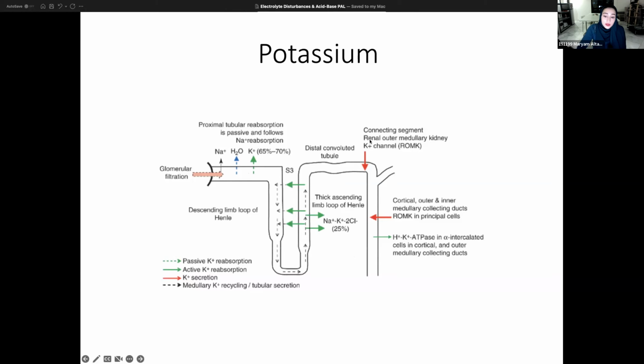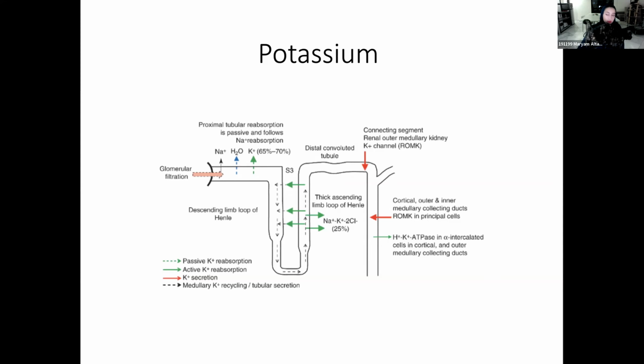And then you have other things. In the connecting segment and outer medullary kidney, you have a ROMK channel, and this causes potassium to be excreted. These are present in the outer medullary kidney as well as the collecting ducts and principal cells. And lastly, although it is a small portion, it's very important to note that you have an H plus, K plus ATPase in the alpha intercalated cells. The exchange of potassium and hydrogen is important because, as we're going to see,